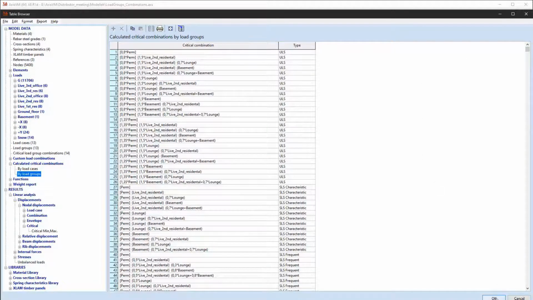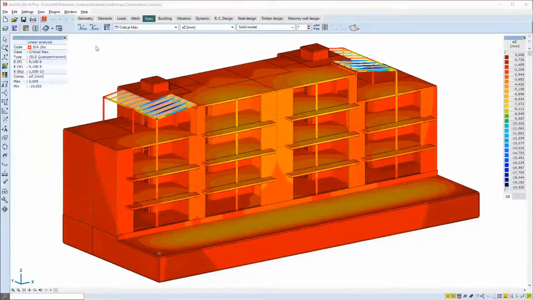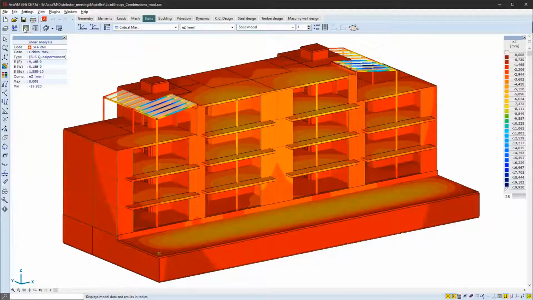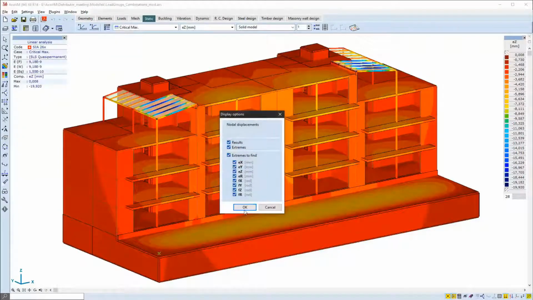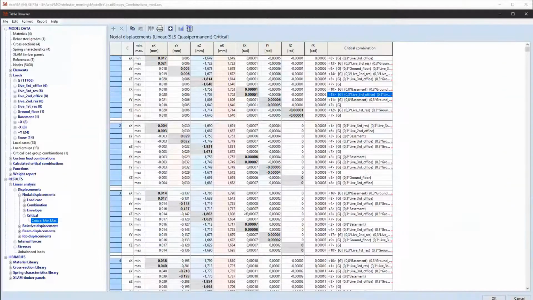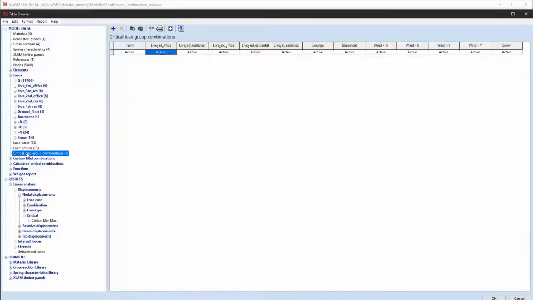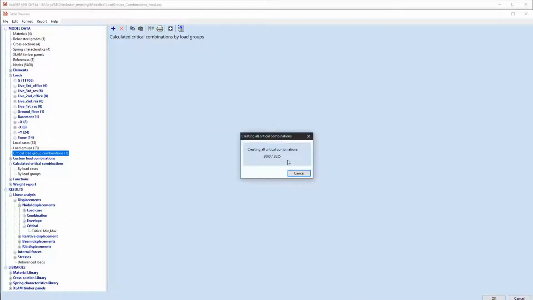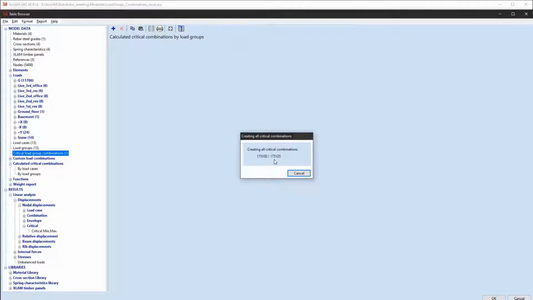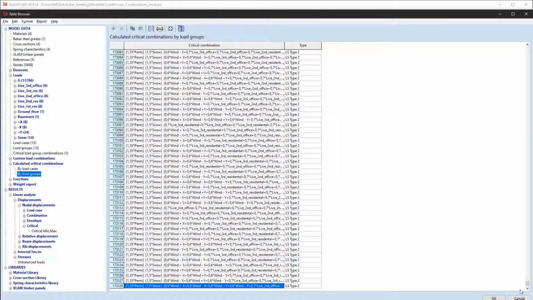But if we would leave everything as default, so every load group would have the active label, as you can see here, all load groups are set to active, the load combination generation will produce more than 100,000 combinations. So definitely the custom rules can help to lower this amount.